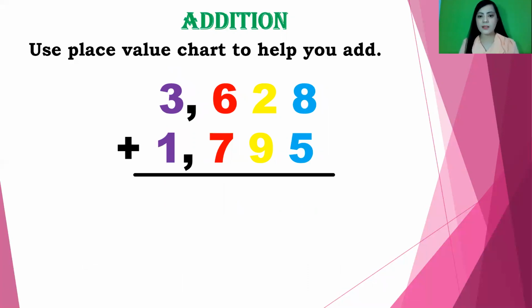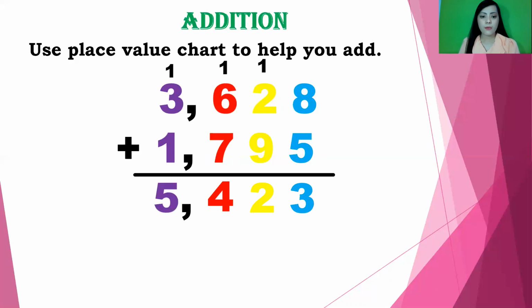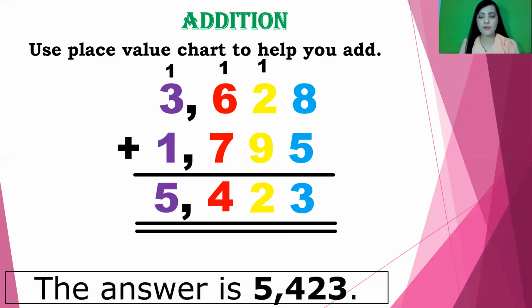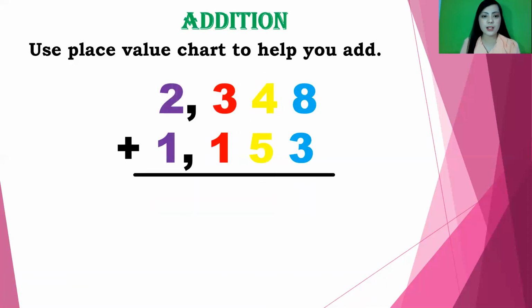3,628 plus 1,795. 8 plus 5 is equal to 13. So carry 1 to the tens place. 2 plus 9 is equal to 11, plus 1 is equal to 12. Carry 1 to the hundreds place. So 6 plus 7 is equal to 13, plus 1 is equal to 14. Carry 1 to the thousands place. So 3 plus 1 is equal to 4, plus 1 is equal to 5. So the answer is 5,423. All right, so next problem,